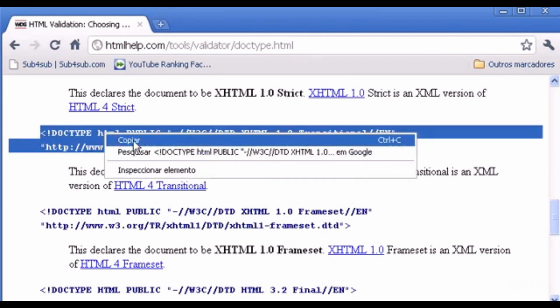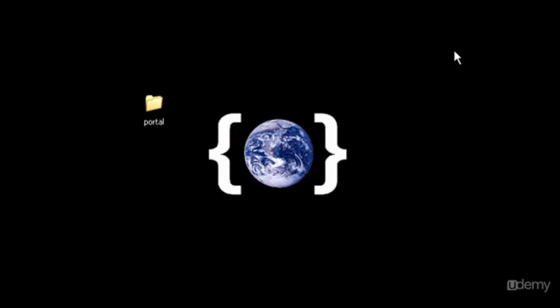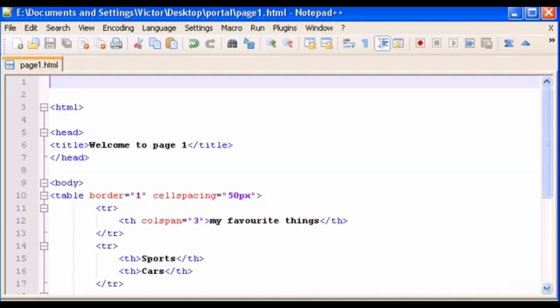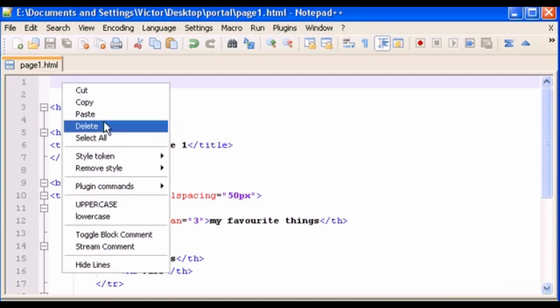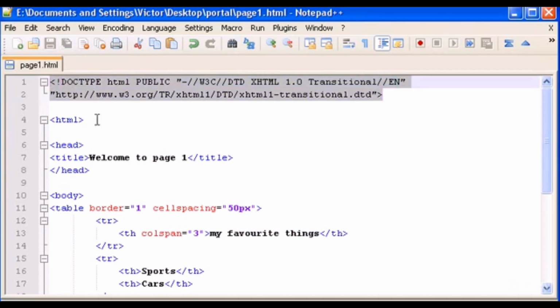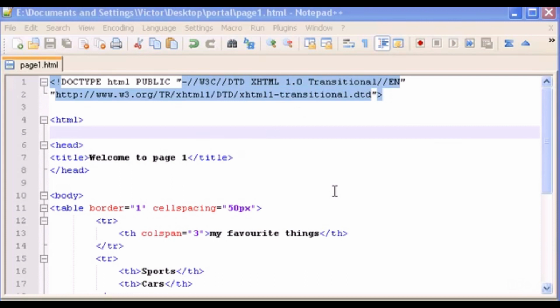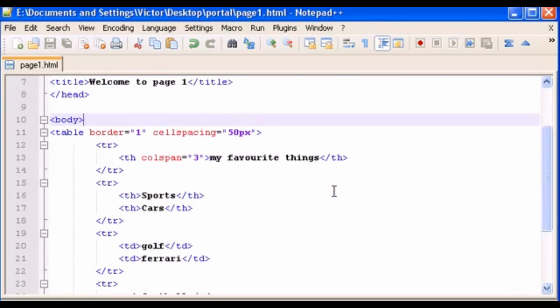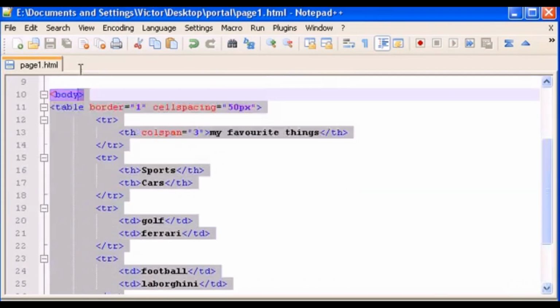Okay, so I'm going to copy this, paste, that's it, save it, and that's it. You have your web page ready. Remember, this has to be in all of your web pages, all of them. Now that we have our declaration ready